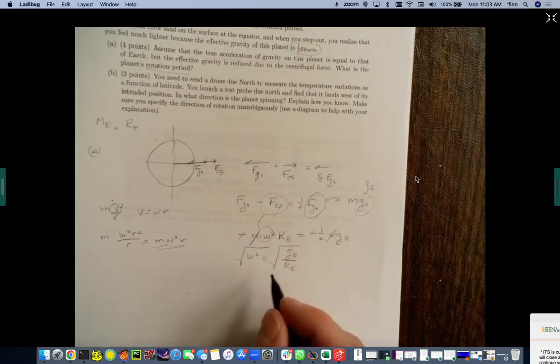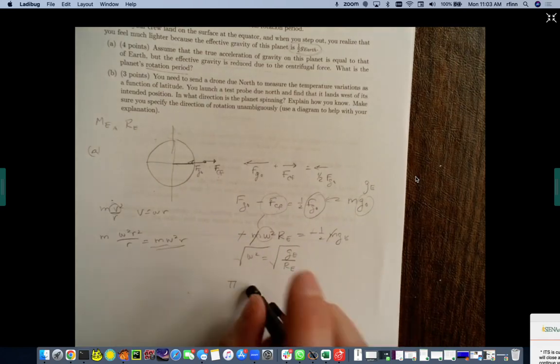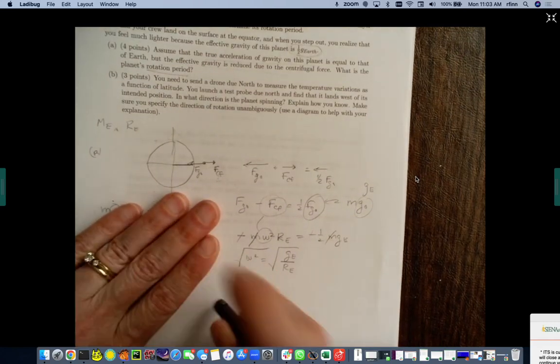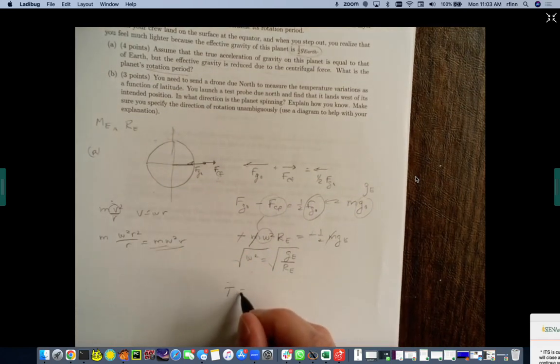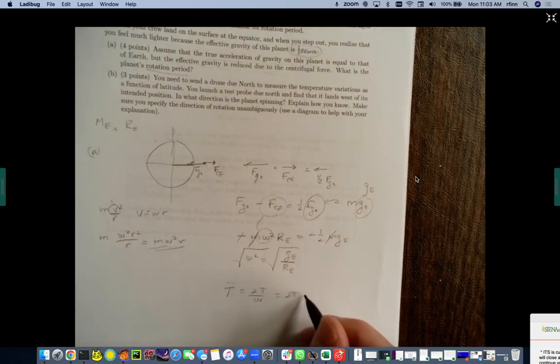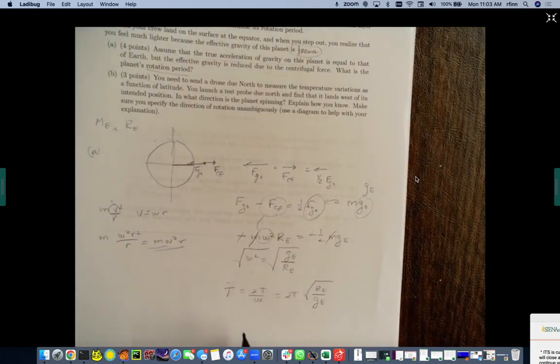So again, we use our relationship that the period is 2 pi over omega. So it's 2 pi square root of R_E over g_E. Okay, so if we plug in our values here, we have 2 pi, and the radius of the Earth is,